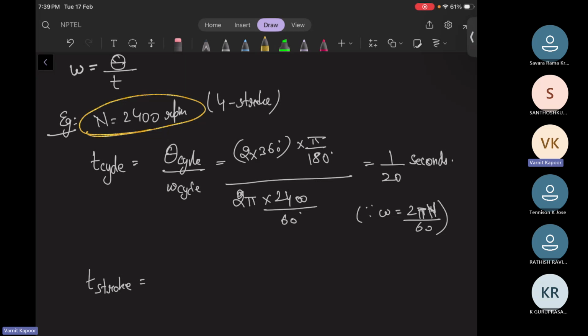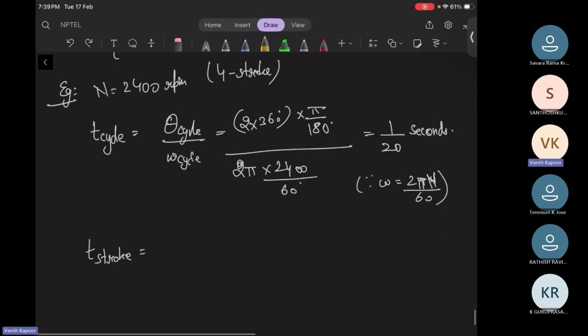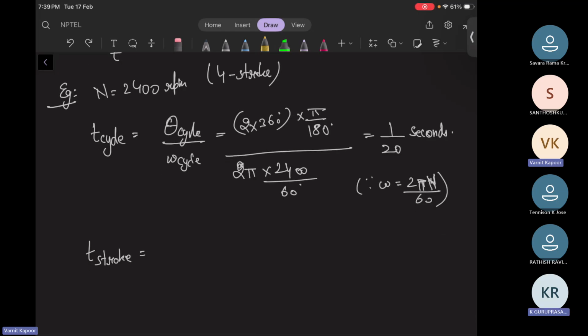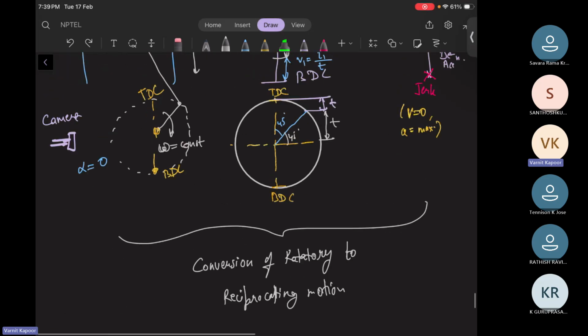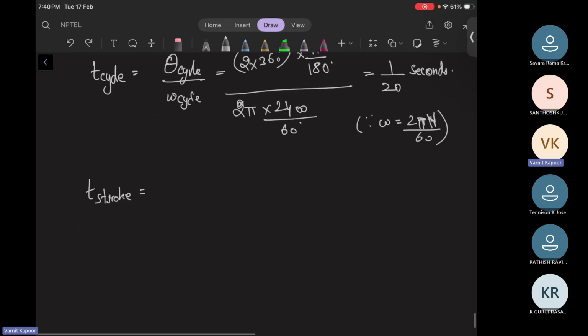Tell me the time of the cycle. You're asking about the time of a stroke? Now I'm asking the time of a stroke. Time of one stroke is 1 by 80 seconds. Correct. A stroke will cover only 180 degrees; from TDC to BDC, only 180 degrees is covered. So theta of stroke